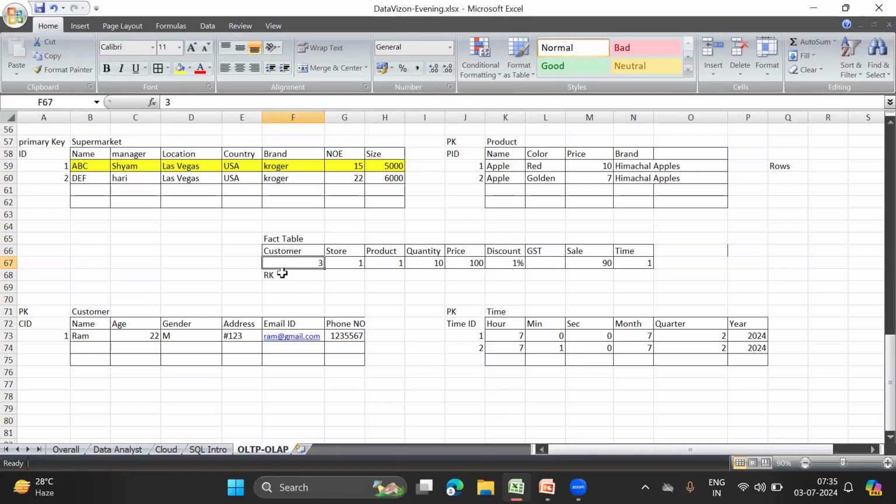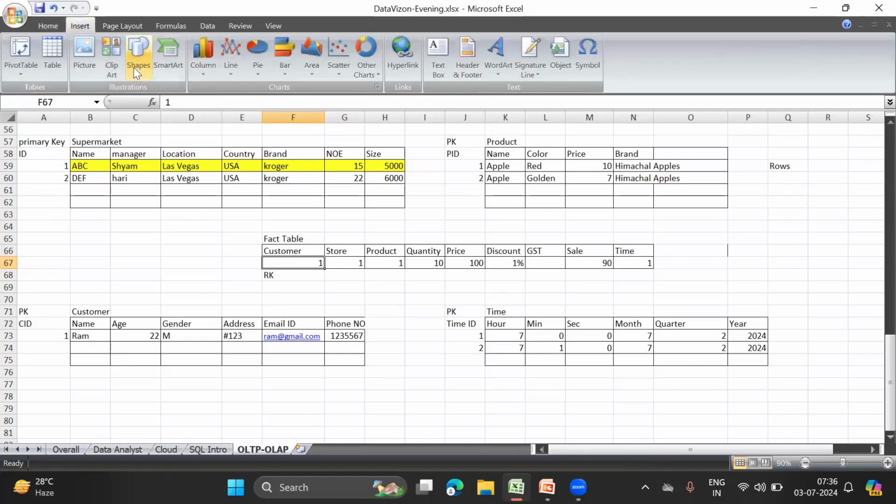So when we have a referential key, the referential key is referring to this specific column of this table, and we cannot have any value outside of 1 and 2. So I can have ID 1 or 2. Similarly for store, I cannot have a store ID where it is... Oh, sorry. This is the store. Sorry, I was going for customers on the above table. Okay. So for the customer ID, I can have only customer ID 1. I do not even have a customer ID 2, I cannot even give 2 over here. Okay. So the values over here in the referential columns are going to come from a primary key only.